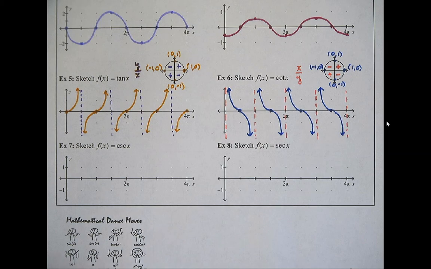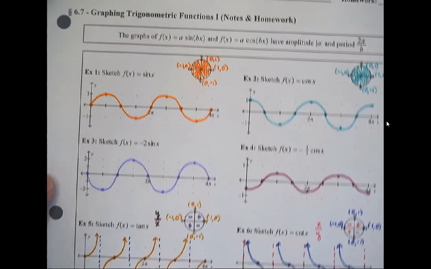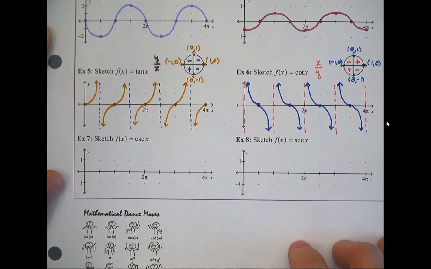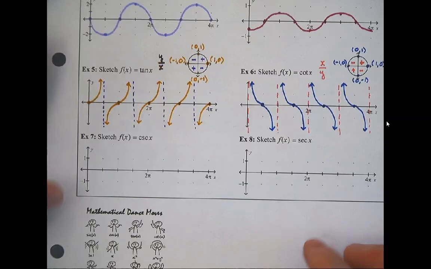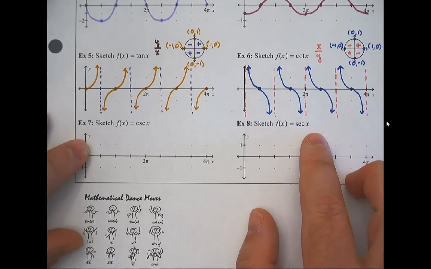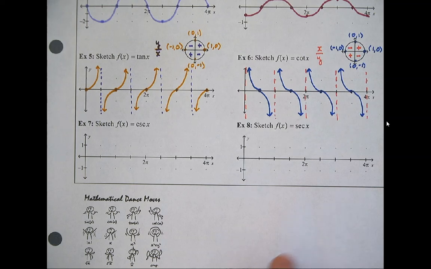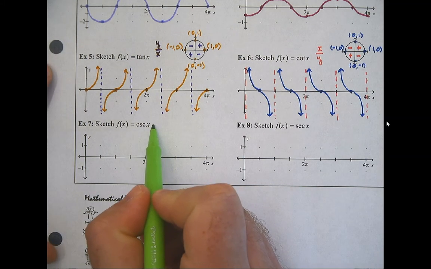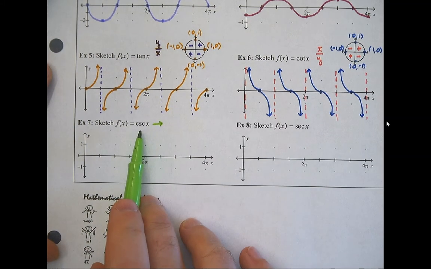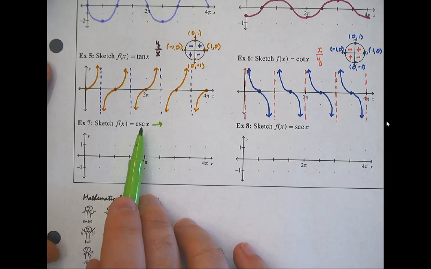All right, so we've talked about sine and cosine, the big two. Then we went to tangent and cotangent. Now we're going to talk about the other reciprocal trigs, cosecant and secant. So first of all, let's remember that secant is the reciprocal of who? Sorry, did I say secant? I meant cosecant. Cosecant is the reciprocal